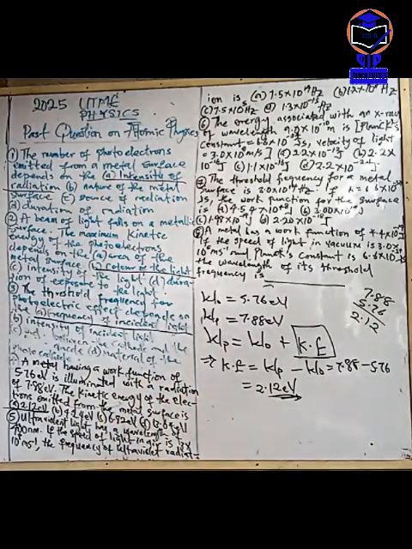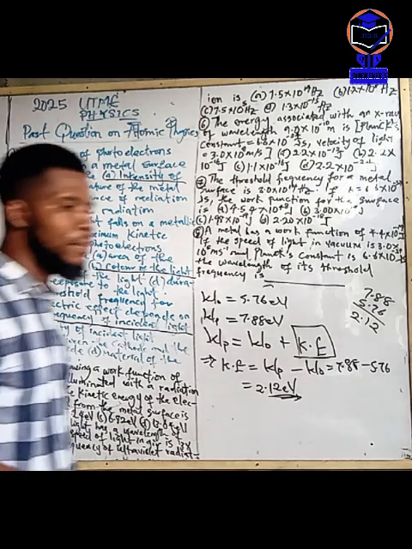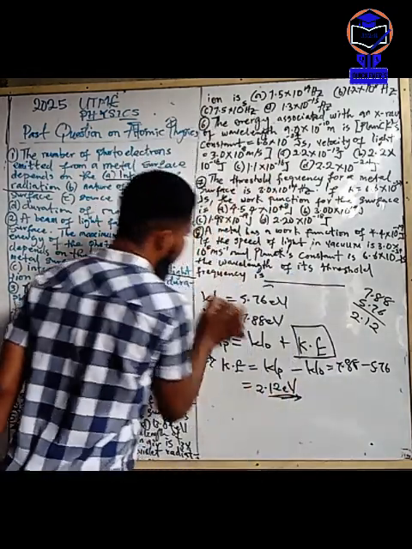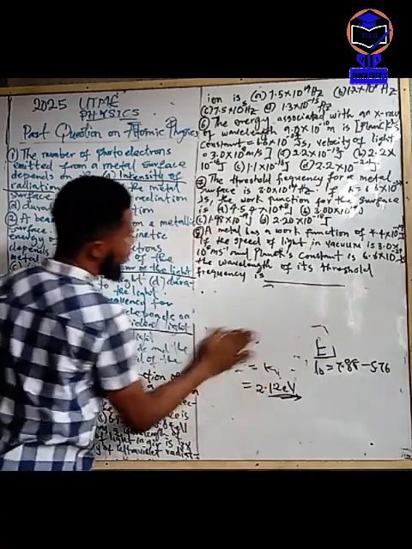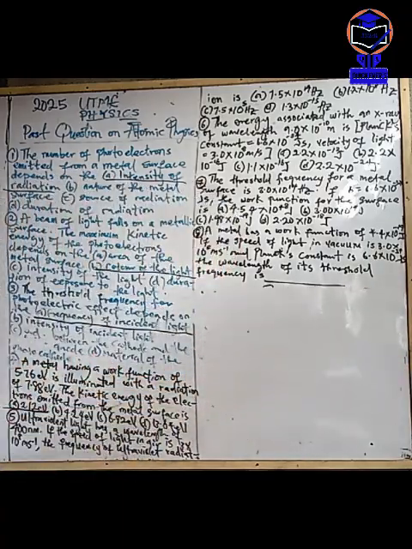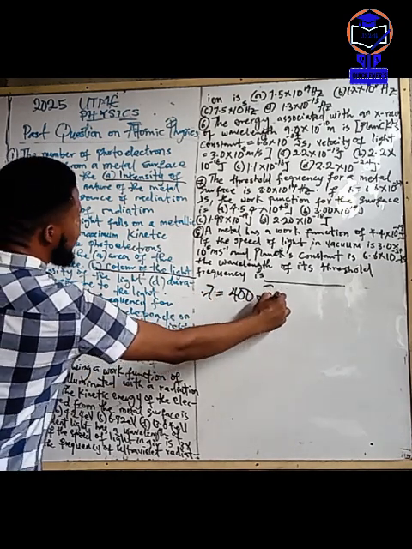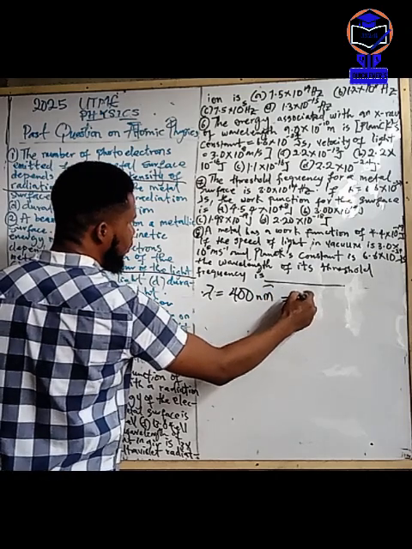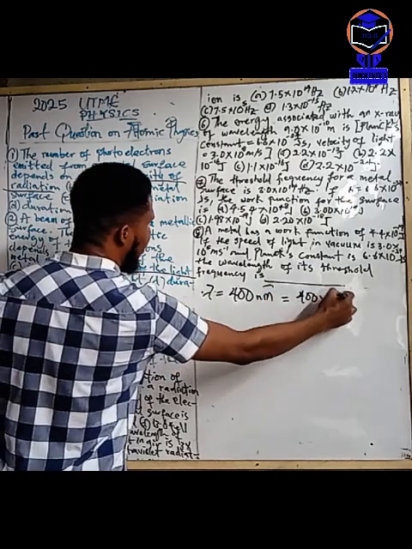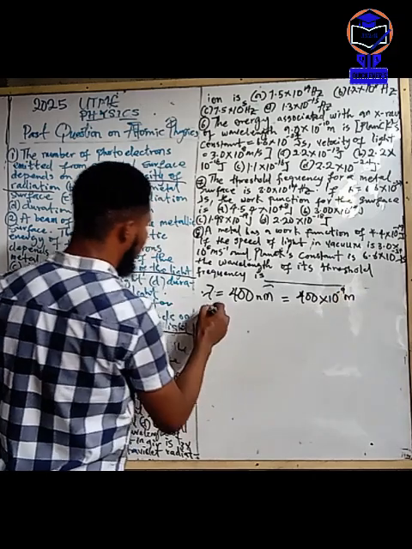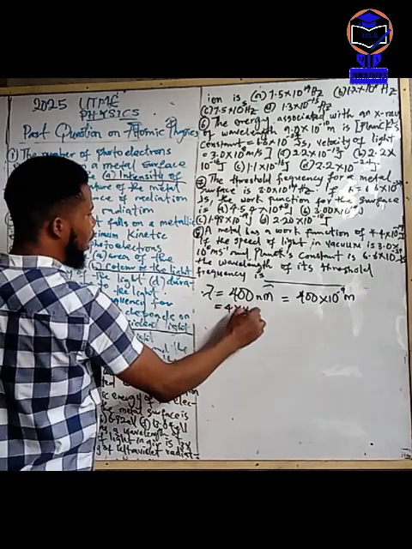Okay. Now, he said ultraviolet light. This is a very simple question. Ultraviolet light has a wavelength of 400 nanometer. Wavelength is represented by lambda, 400 nanometer. Please, all of you know what nano is, right? 400 times 10 power minus 9 meters. So that will give you 4 times 10 power